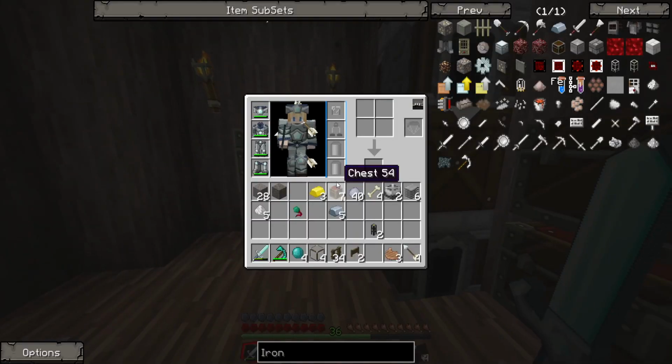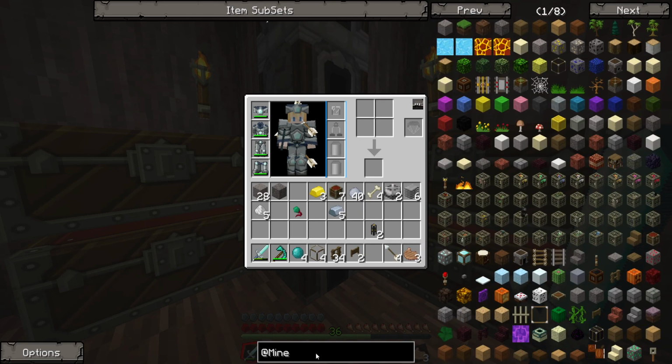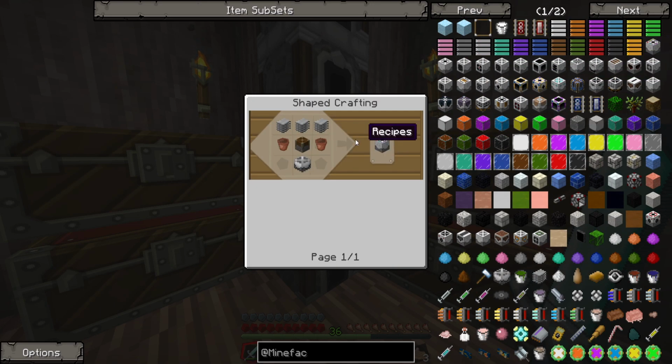Perfect. So, next up on today's list, we need to sort our food problem. Okay, the food problem, it's getting out of hand. And we're going to also be doing that with the Mine Factory Reloaded mod. We want to make the planter. There it is, planter. All right, which means we need 2 flower pots, which means we can...